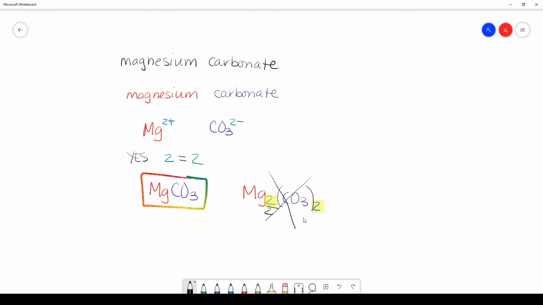We can divide both of those subscripts by a 2 and reduce them. And when we do that, we end up with MgCO3. So while the way that I wrote this with the 2's in place is incorrect, if you had done that, you can fix this by recognizing that you can reduce those subscripts and ultimately end up with the correct formula. And that's something really that you should check anyway. Most of the time you won't have to do this reducing. Every once in a while though you will.